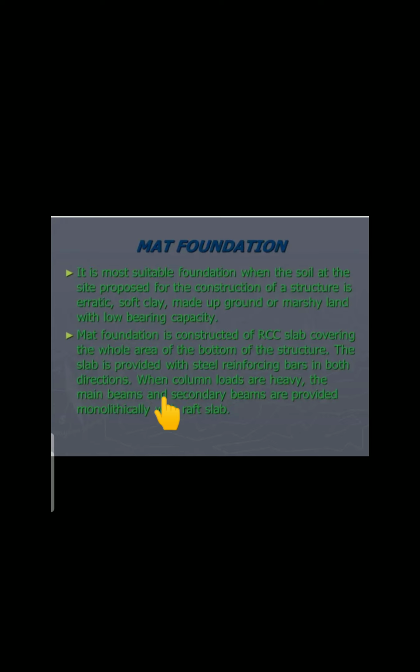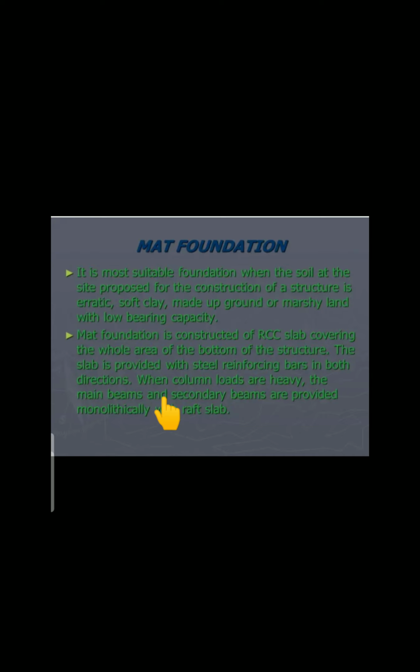So when we place the mat foundation, if our soil is marshy land or soft clay or erratic, which means it is more porous, having more pores in nature, then it also has low bearing capacity. A mat foundation is constructed of an RCC slab covering the whole area of the bottom of the structure. The slab is provided with steel reinforcing bars in both directions. When column loads are heavy, the main beams and the secondary beams are provided monolithically